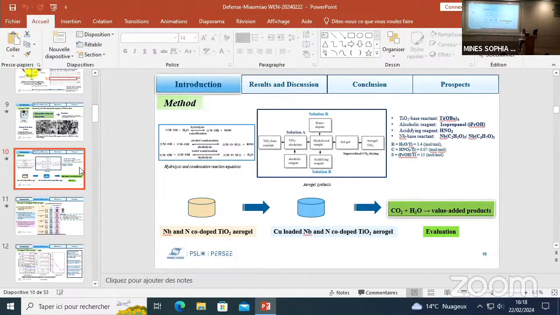isopropoxide for niobium. So maybe there are still some carbonic groups. Yes. And I ask you this question because when we are looking at the color of the materials in the page,